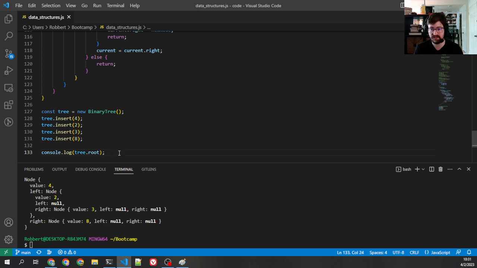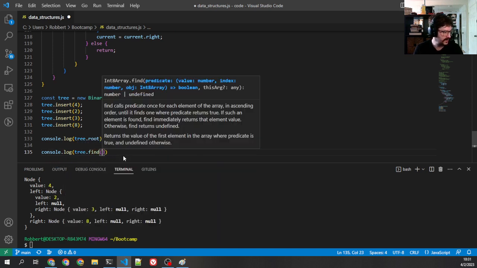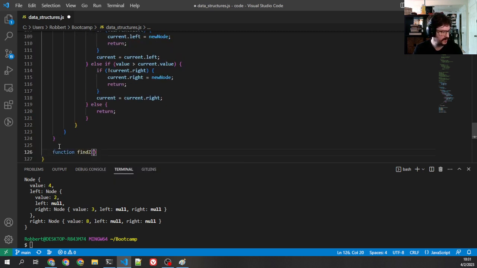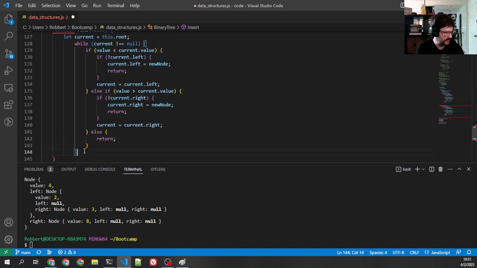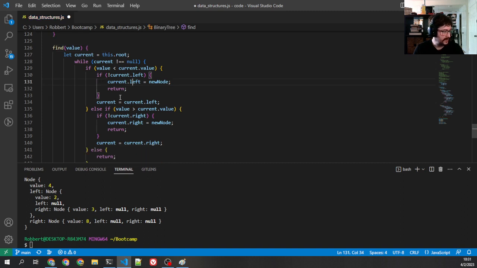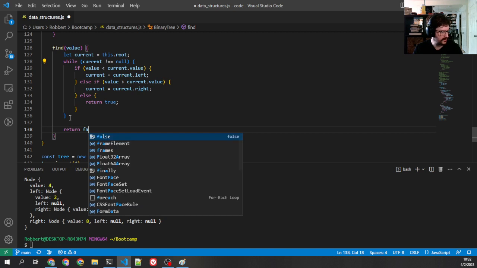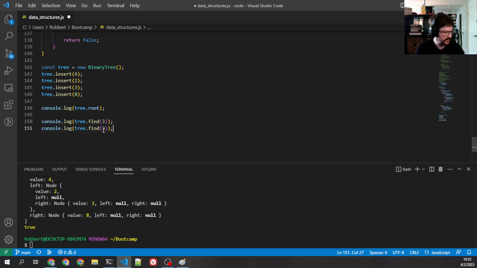Now, if we want to search this, it becomes quite easy. So if I say console.log tree.find, let's say I want to find 3, right? So let's make that function, find value. Well, basically, I'm going to do a very similar loop to this. Except in this case, we're going to say if we find this, then we're going to return true. And if we don't find it ever, we're going to return false. Okay. Now I look for that, it gives me true. If I try to find something like 30,